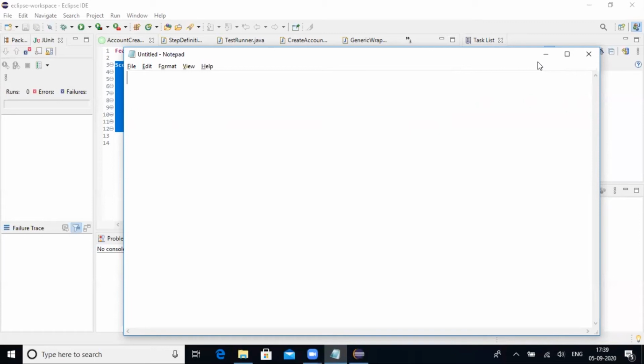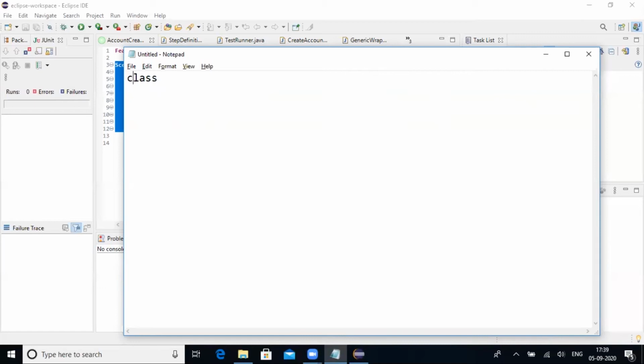Only for this configuration's sake, we are going to learn how to create a class. Now we are going to see how to create a class. There is a keyword called class. I'm just going to create a class in which I simply write the script to configure the WebDriver. Java is a case sensitive language, so you should be very careful writing the keywords. If you put a capital C, it will not work.